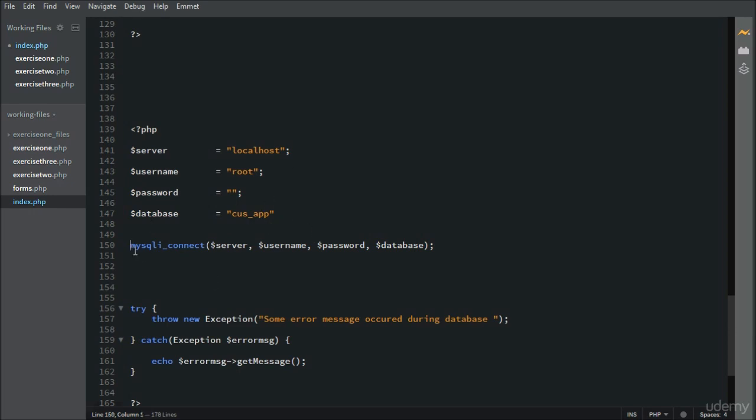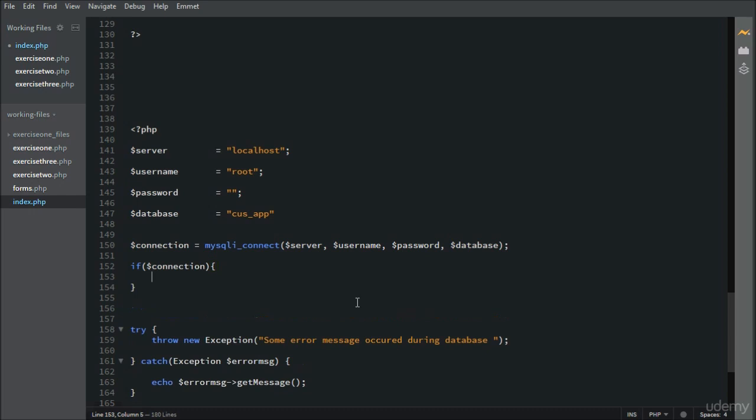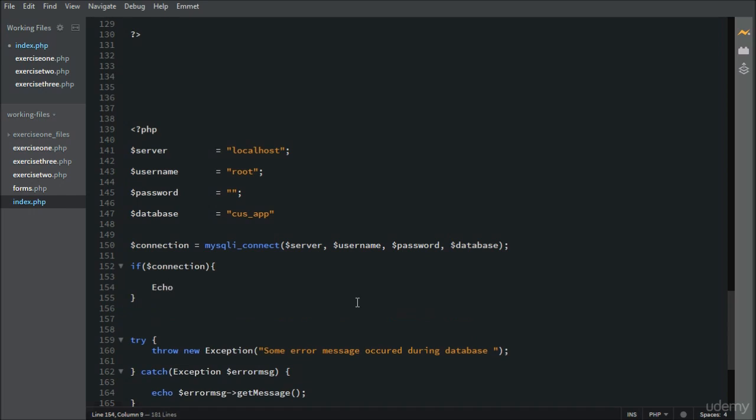All right. Now, what we're gonna do is put this in a variable and call it connection, because you want to test it and see if it works, right? And below here you can simply write a statement and say if connection. That means if this connection got a response from this function,